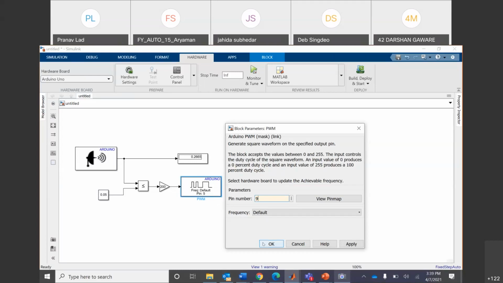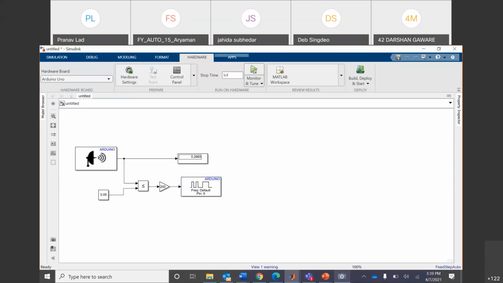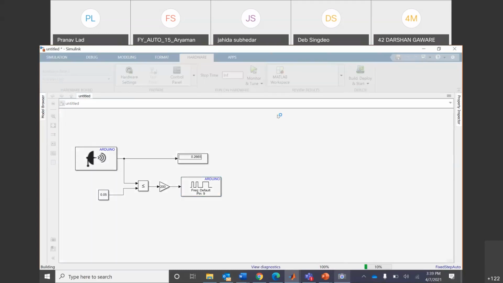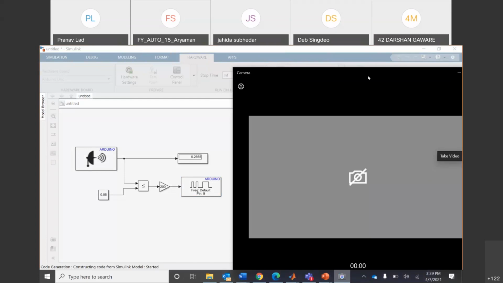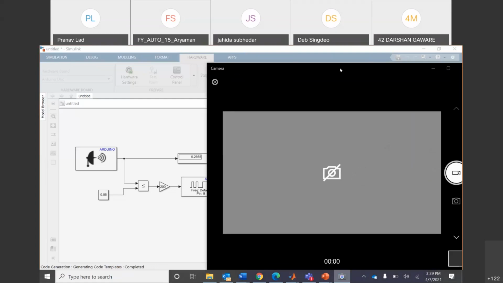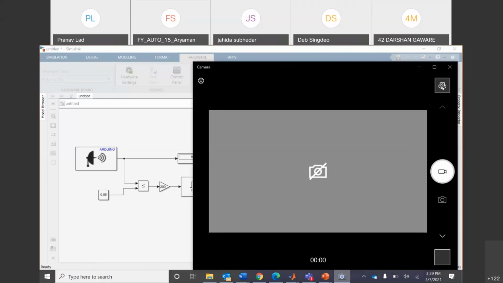So I kept it 9 now, and again I monitor and tune the model, and let us see how it looks. Right, let it run.